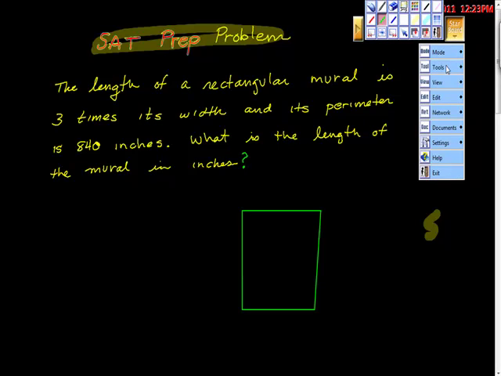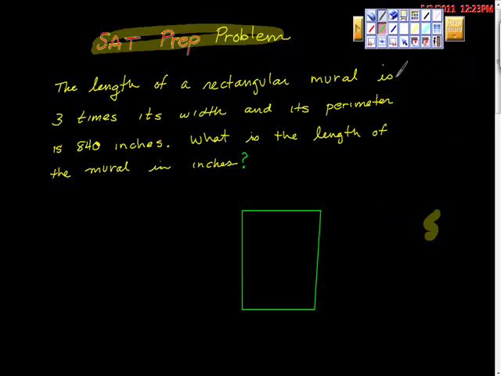So what do we know here? We know that its length is 3 times its width, right? So let's just assign its width, if you don't mind. Let's call its width x, you don't have to, it's the algebra teacher in me. Let's call its width w. So we have its width here. But its length is 3 times its width, so 3 times w is its length, and 3 times w is